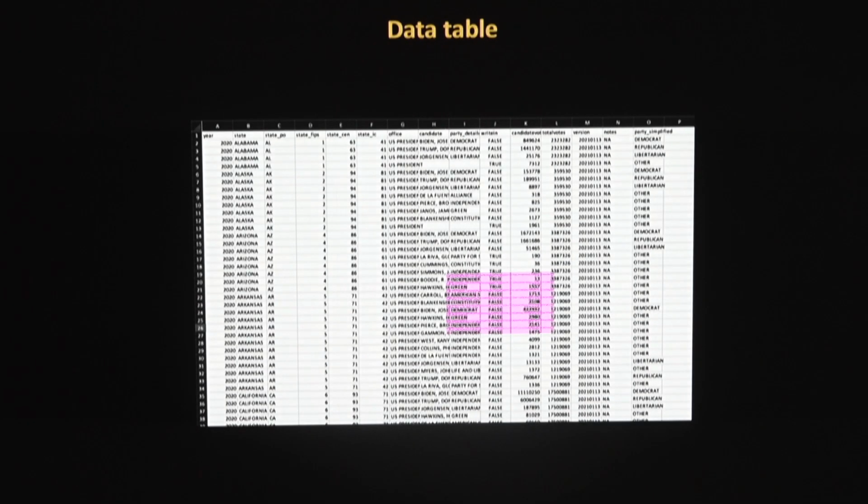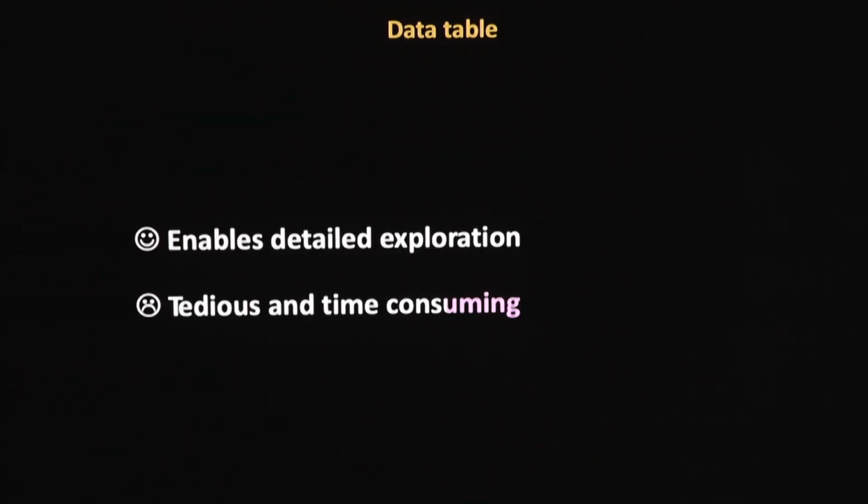The other way that people make charts accessible on the internet is by including a data table of the underlying data that the chart is representing. And data tables kind of address this limitation of alt text, right? They enable detailed exploration that you can do in a self-guided manner. You can use your screen reader to move around the different parts of the table as you please. But with data tables, it's very tedious and time-consuming to build a mental picture of what's going on with the data. If you're reading individual data rows one by one, there's a lot that you have to remember